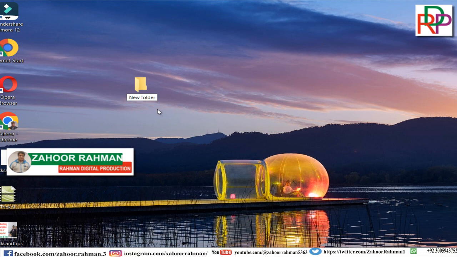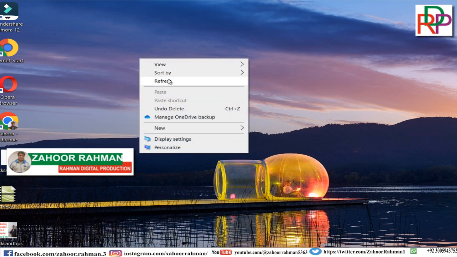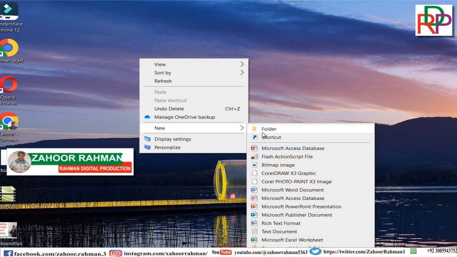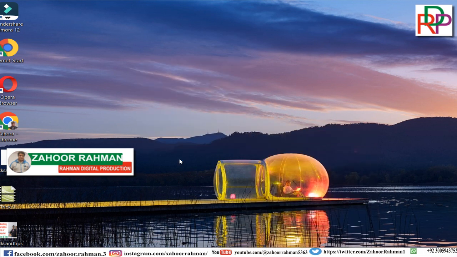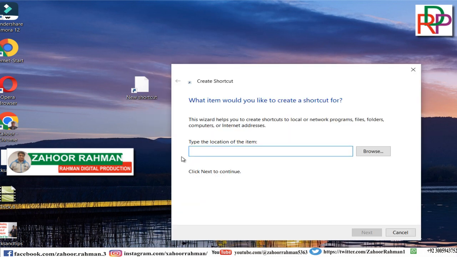Not folder. Then you have to click on the shortcut. Right click, new, and then shortcut. When you are clicking the shortcut, then you have to write the path here of Microsoft Word. When you install Microsoft Word, it means that it will be